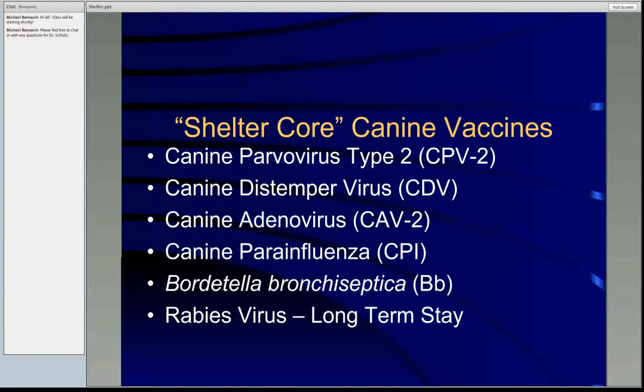So what are the so-called core vaccines that every animal, in this case every dog that's coming into a shelter, should receive? Canine parvovirus, canine distemper virus, canine adenovirus, canine parainfluenza virus, Bordetella bronchoseptica, and rabies virus for long-term stay animals. If they're only going to be in that environment for a short period of time, probably rabies is not necessary, although one of the things that I would like to see with regard to